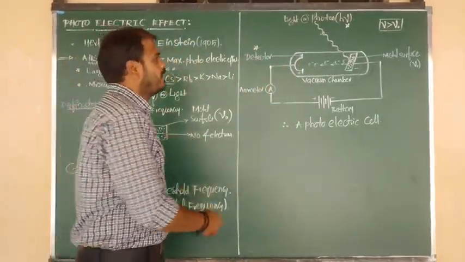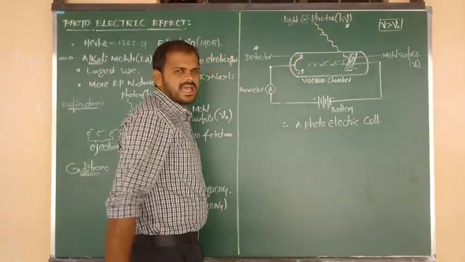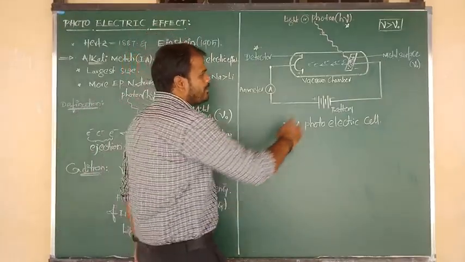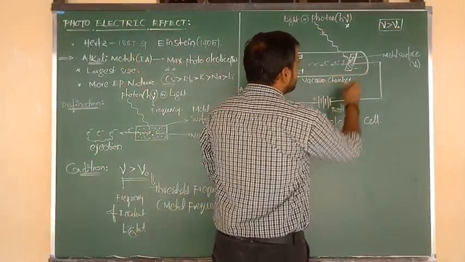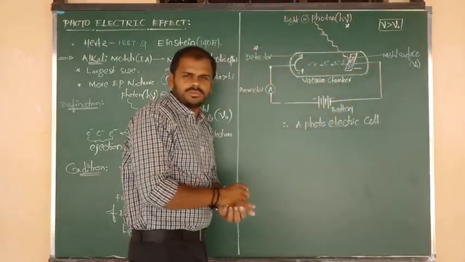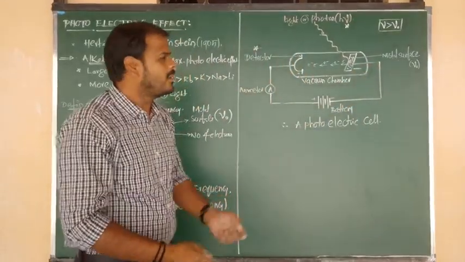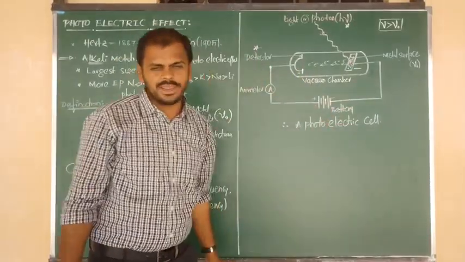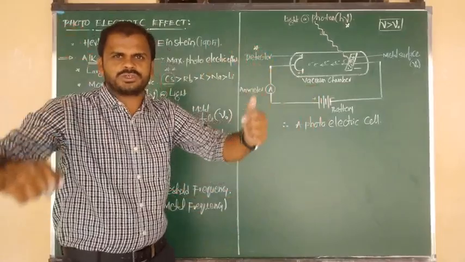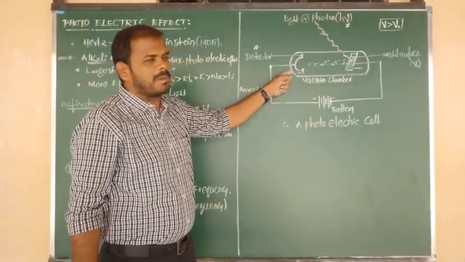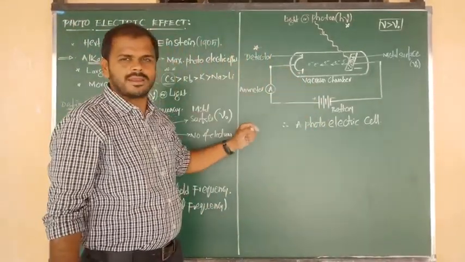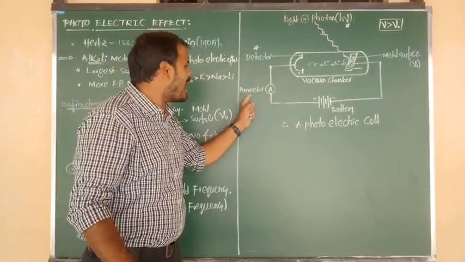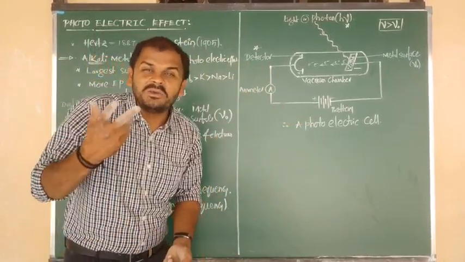The detector is denoted by a positive sign, meaning it acts as the anode pole, and the metal sheet is denoted by a negative symbol, meaning it acts as the cathode pole. The two oppositely charged poles are connected to a battery, that is, to the external circuit. But between the battery and the detector we arrange another apparatus: an ammeter.